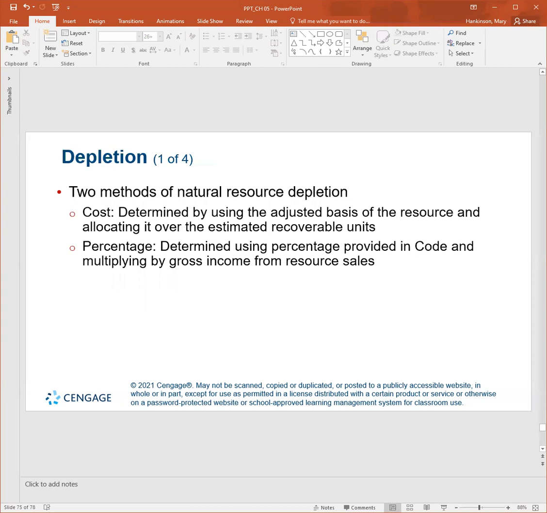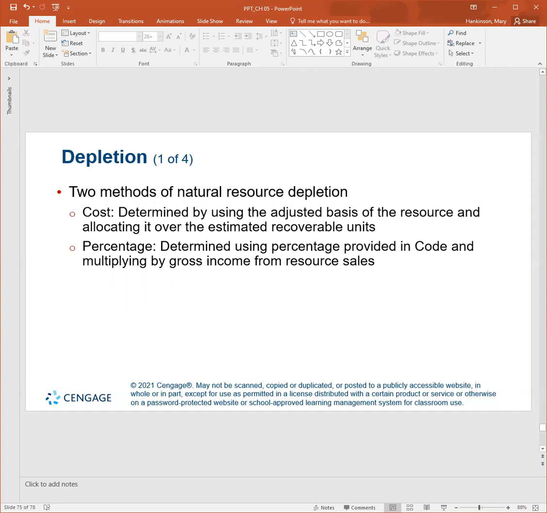So natural resources are subject to depletion, a form of cost recovery that applies to natural resources. Land generally cannot be depleted, although all natural resources are subject to depletion. Oil and gas wells are used as an example in the following paragraphs that I'm going to read to you. In developing an oil or gas well, the producer typically makes 4 types of expenditures: natural resource costs, intangible drilling and developmental costs, tangible asset costs, and lastly, operating costs.